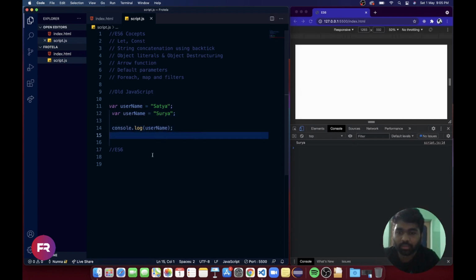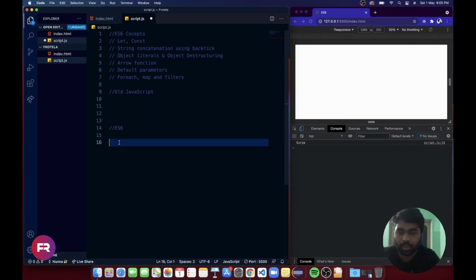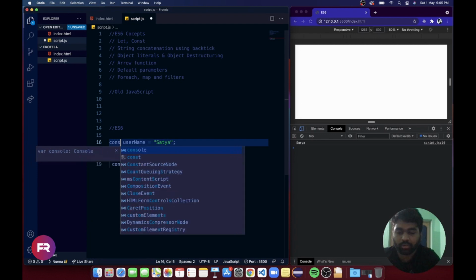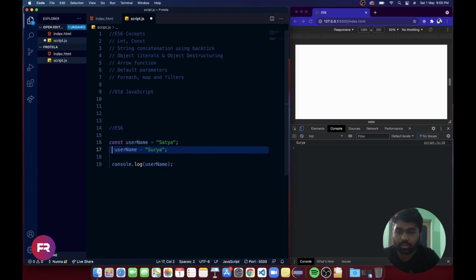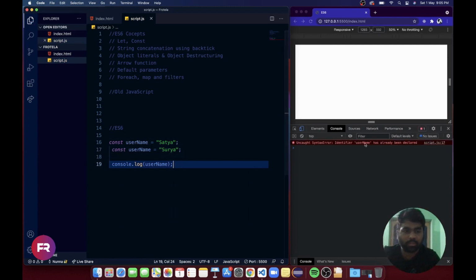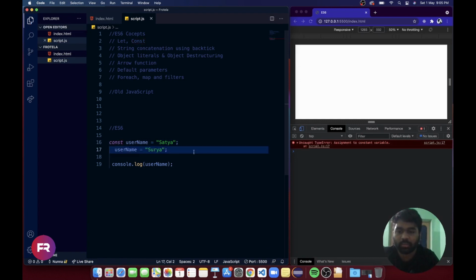So instead of this, if we copy and paste here, we will change this to const. Now if we compile this, we cannot reassign this username to another value, because once const is declared we cannot redeclare it or change it. Using const is useful if you don't want to change the values.